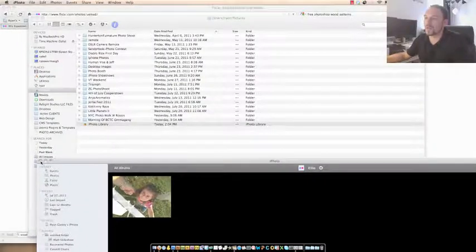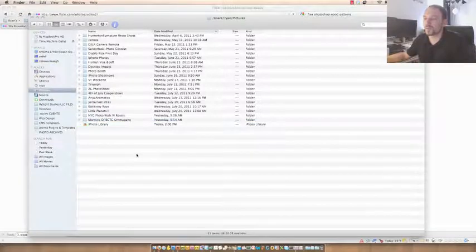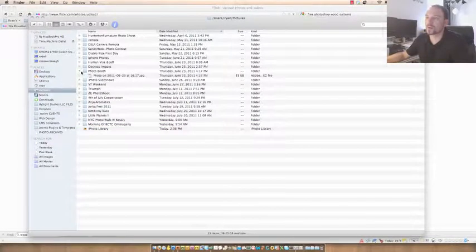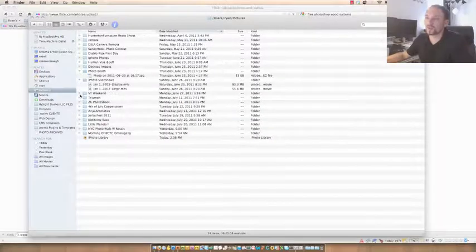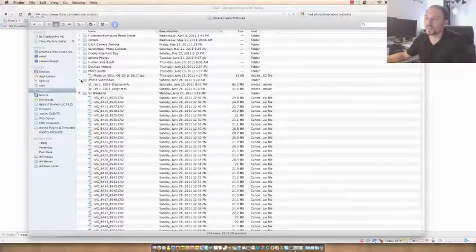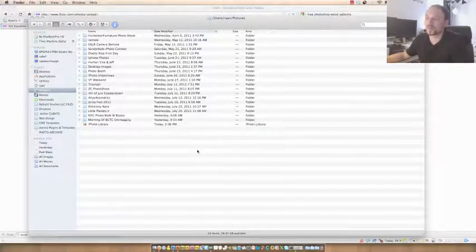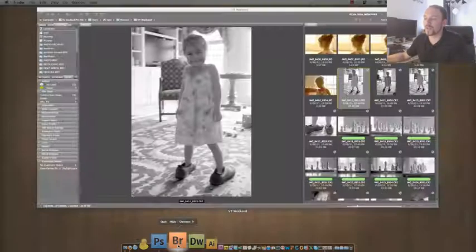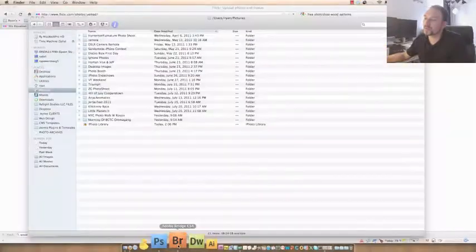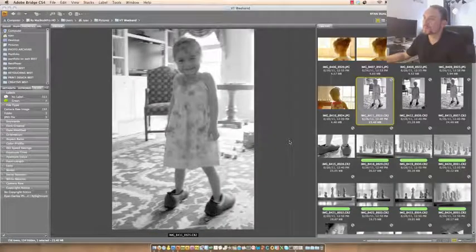However, if you're like me and you're a pro photographer or an advanced photographer and you like to separate your files by folders, you can find them a lot faster, a lot easier. Now, one of the greatest programs I think out there is Bridge. And now we're going to show you how to upload an image from Bridge. So here's Bridge. What is Bridge? It's just an image